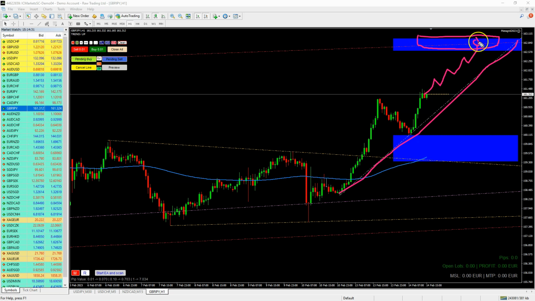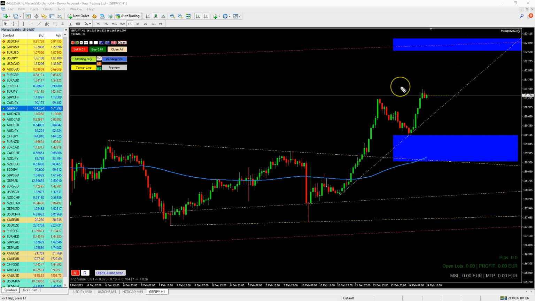And now we wait for price to bounce here and break this H1 line. If it bounces here again, we don't open a trade. But if it breaks this line now, retests this H1 and goes further down, then we open a sell trade. Is this amazing? Yes, I would say it's amazing,